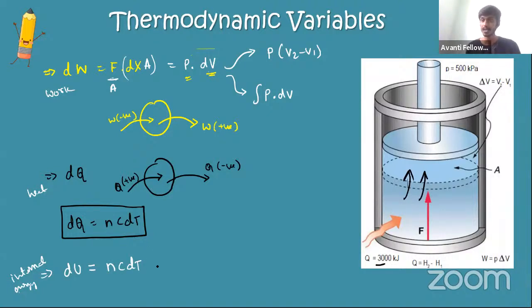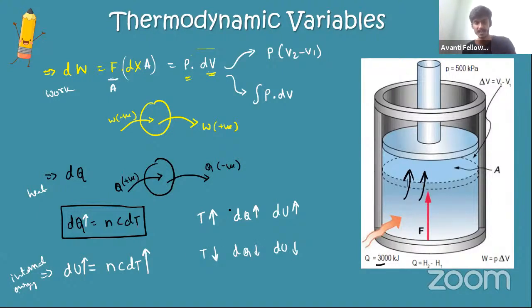But what you need to understand is that if I increase the temperature, there is an increase in heat and an increase in internal energy. They're directly proportional. You will understand in the next class. Sometimes I'll write Cp here, sometimes I'll write Cv here. Don't worry, I'll tell you that in the next class, because it is not needed now. Remember, whenever you increase the temperature, change in heat also increases, and change in internal energy also increases. When you decrease the temperature, heat will decrease, and internal energy will decrease. This is something you can easily understand.